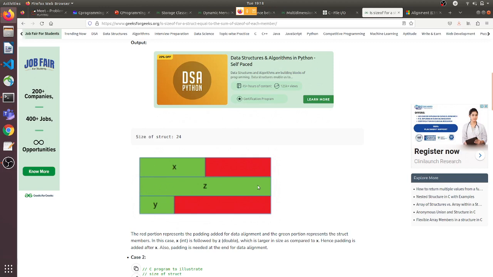Then double z is allocated of 8 bytes. So when these variables are allocated in memory, they are aligned at their data type sizes. If the data type is integer, it is of 4 bytes, then integer variables can start only at memory locations which are multiples of 4. Similarly, a double is of size 8 bytes, so a double can start only at locations which are multiples